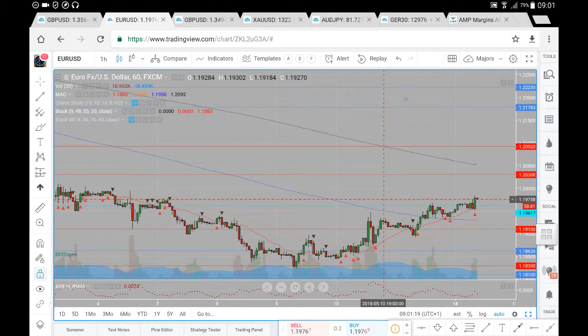So this euro dollar analysis for Monday the 14th of May. Now let's just have a look at where prices may likely go. So previously we saw price come down towards this 1830, a very strong level marked out here in red, from which